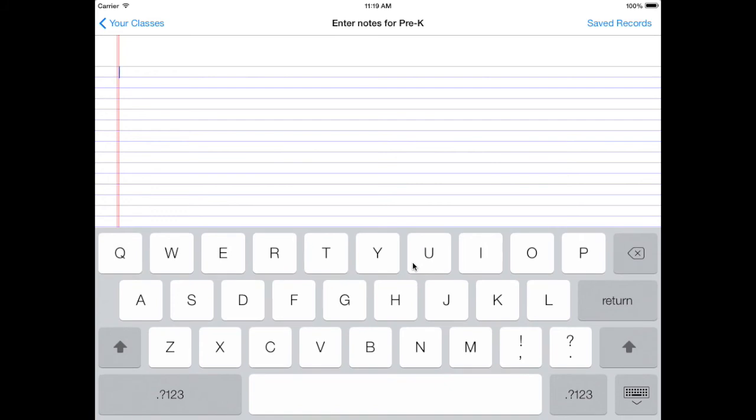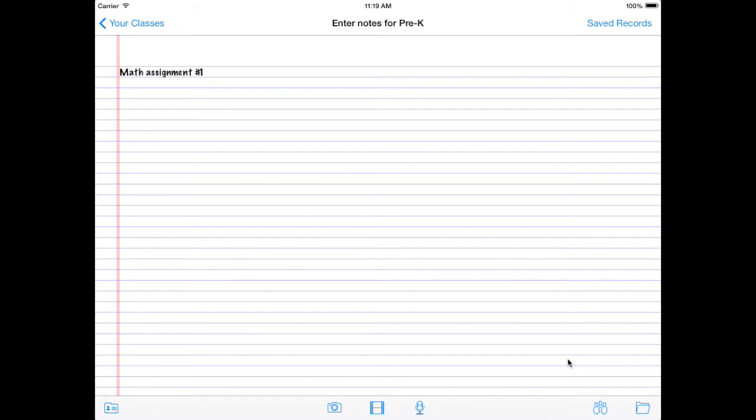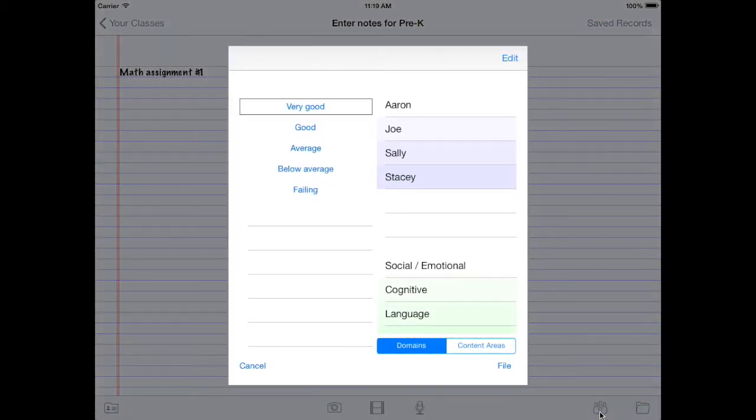Okay, so maybe we have a math assignment that we gave out to the students, and now we want to record who's handed it in and how well they've done. So we type in math assignment number 1. And this is actually a pretty new feature on Teacher Notes, so I hope it's exciting to see it. So we have math assignment 1, and we tap this little button with all the people around it. This is an assignment button, and we get a different filing screen than before. I know this is a lot of information, but trust me, it's going to be super useful in the end,